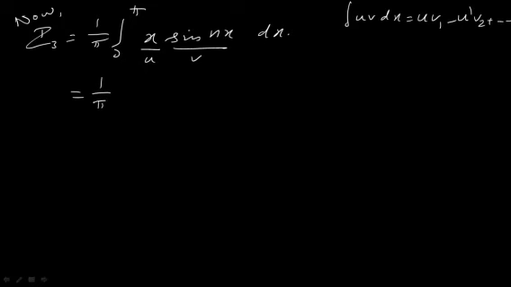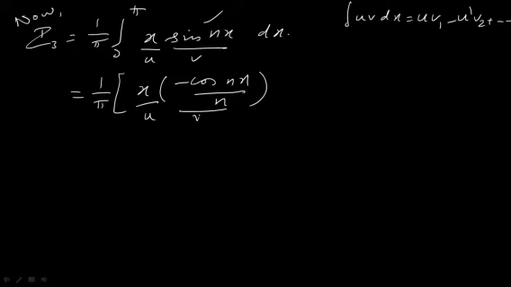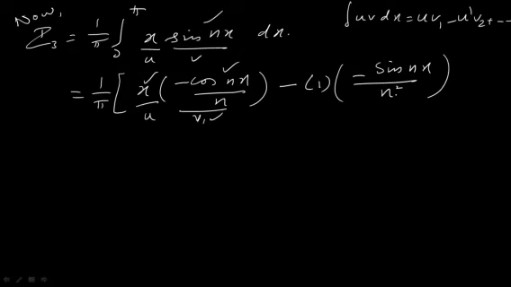So here, while integrating using Bernoulli's formula, you have 1 by pi, u is x and v1 is, while integrating sin nx, you get minus cos nx divided by n. So this is your u and this is your v1 minus u dash. So differentiating x you get 1, right? And again you are going to integrate this v1. So take minus 1 by n as a constant. So integrating cos nx you get sin nx divided by n. So already you have one more n in the denominator, so that becomes n square. So the limit is from 0 to pi.